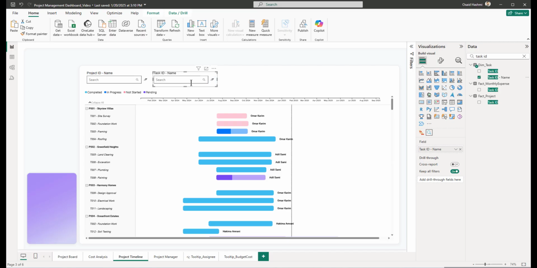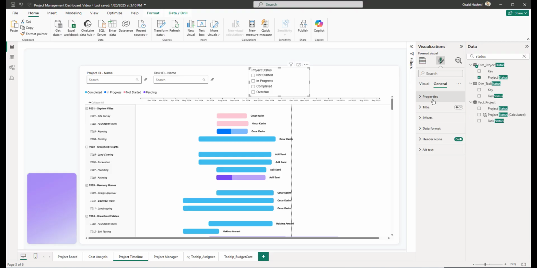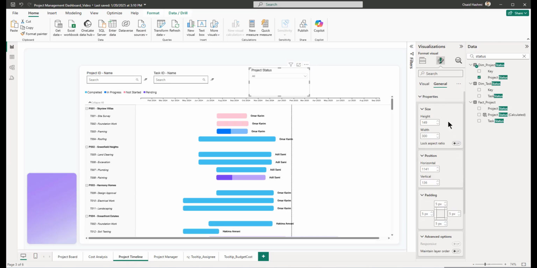Yeah, so this is task ID and name, and then we will have two filters, normal filters like these ones. One would be project status, like this, and it's going to be a drop down. It can be multi-select, that's fine. The properties will be